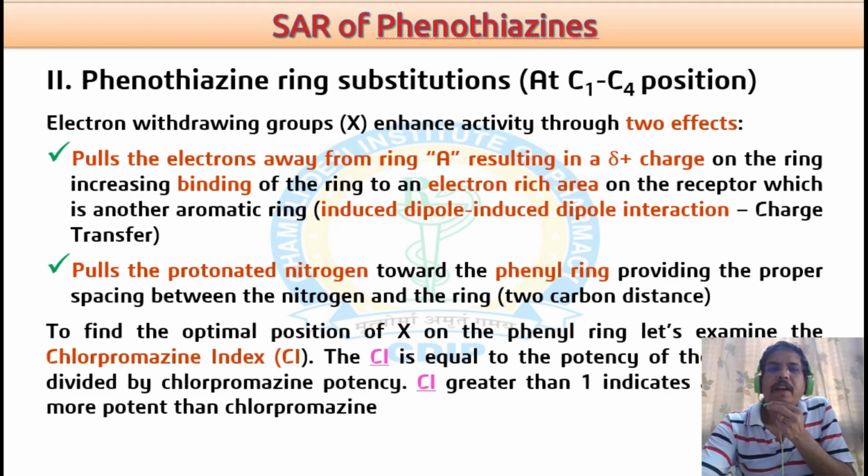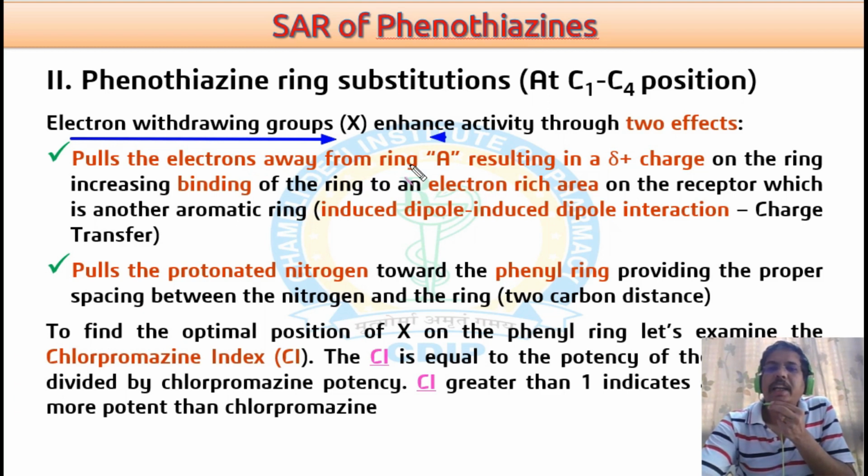So if you look for that, generally on the R2 position, as well as apart from that R2 position which is located on the carbon 2, the substitutions on C1, C2 and C4, generally electron withdrawing groups enhance the activity by two effects. The one is pull the electron away from the ring,